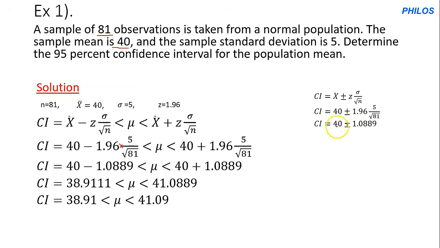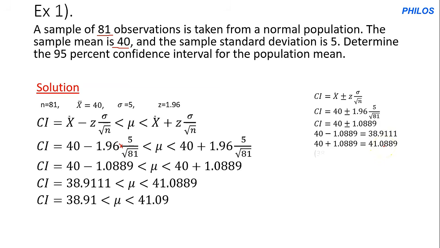So you have 40 plus or minus 1.0889. So when you get to this stage, then you take separately 40 minus 1.0889. You get 38.9111. And then you also take 40 plus 1.0889 separately. And then you get 41.0889. So you can leave your answers in 2 decimal places, as in 38.91, and this will be